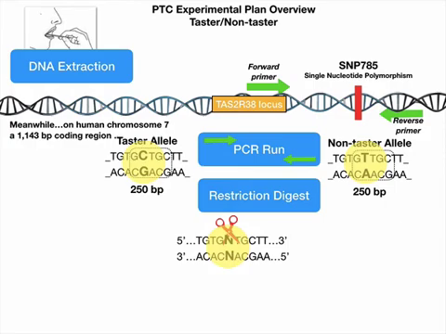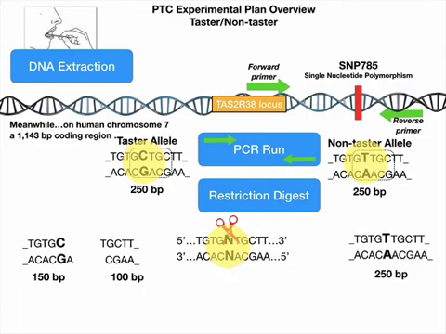So it's specifically designed to cut at that spot on the DNA. The thing of it is, it only cuts the taster allele. So it'll break the taster allele, which is about 250 base pairs long, into a 150 base pair and a 100 base pair chunk of DNA, but it won't be able to cut the T and an A. So the enzyme is specific to that locus, but it only cuts the C and the G. For the T and the A, the non-tasters, we're going to wind up with a bigger piece of DNA there, and that's how we're going to separate out